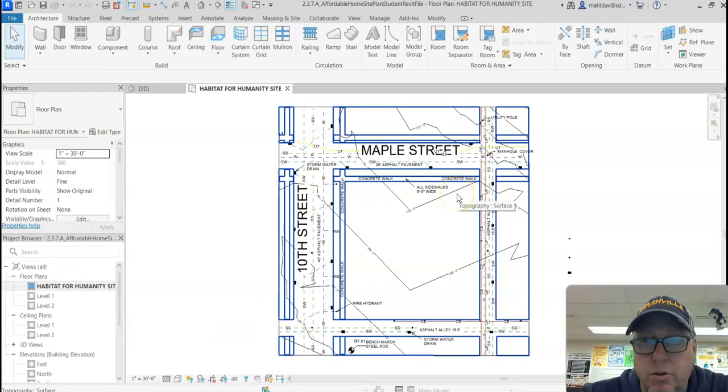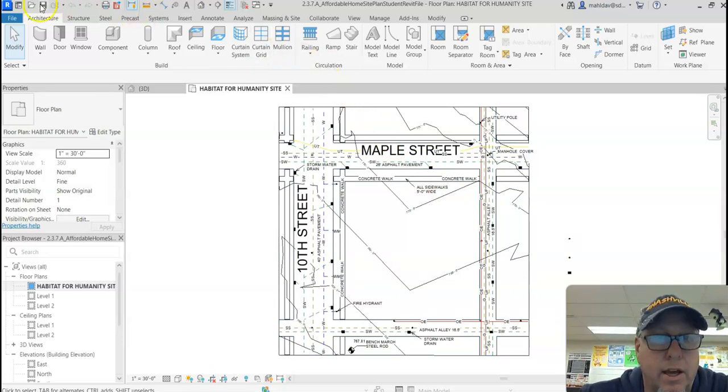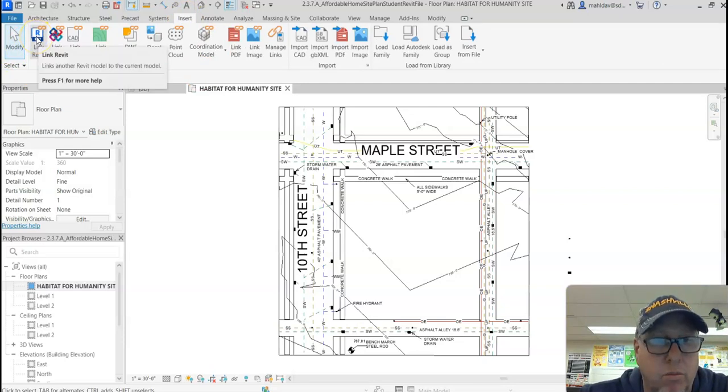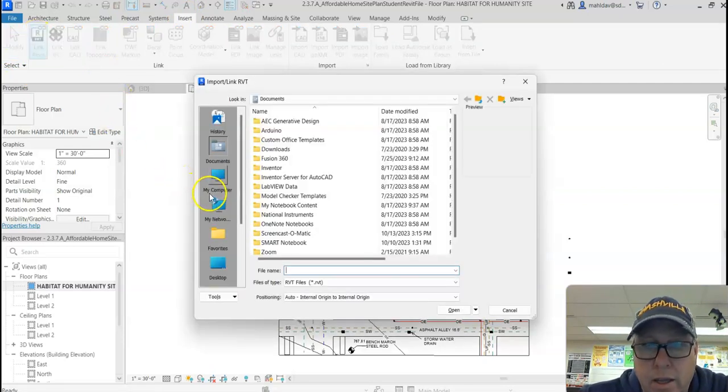And the first thing we're going to do is link our house to this site. That part's not too hard. In order to do that, under the tabs, I'm going to go up here to the Insert tab, up at the top, click on Insert, and then I'm going to link a Revit file. So click on Link Revit File,